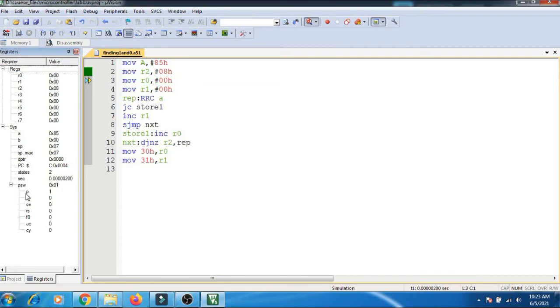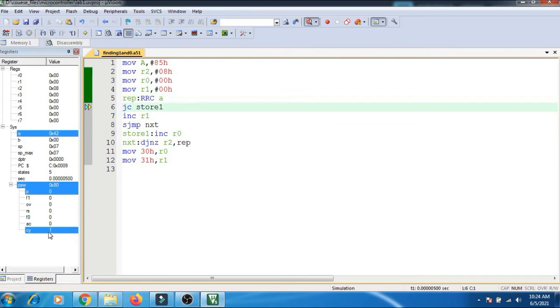So now we are going to check mainly this carry flag, because when the RRC instruction is executed, it affects the carry flag. Okay. So now 85 we have, so the LSB bit actually is 1. So when the RRC instruction is executed, the LSB bit should be shifted to the carry flag. Means after this instruction is executed, the carry flag should be 1. We'll see that, right? So now the RRC instruction we have, when this is executed, see the carry flag is now 1. It's nothing but that LSB bit is 1, right?